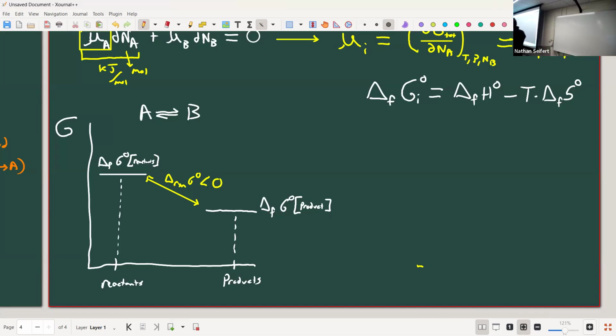Well, what's going to happen? I'm going to add some products. I'm going to change or add some reactants, right? So the moles of the reactants are going to change. There's going to be some dn. And how does the energy change with respect to dn? Well, it changes with the change in total energy divided by the change in number of moles. It's just the chemical potential. So if I add some amount of moles,